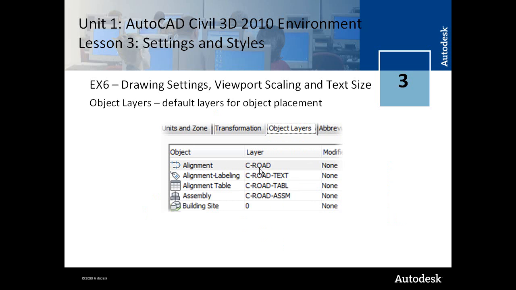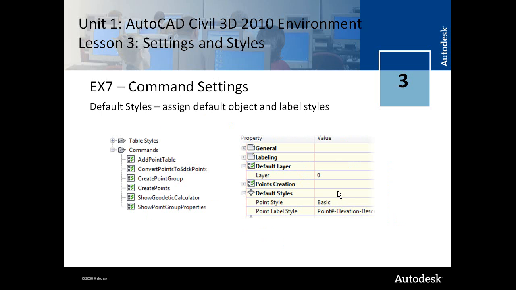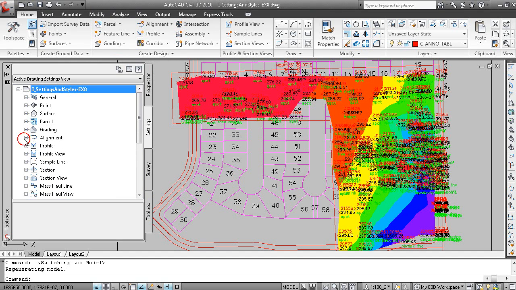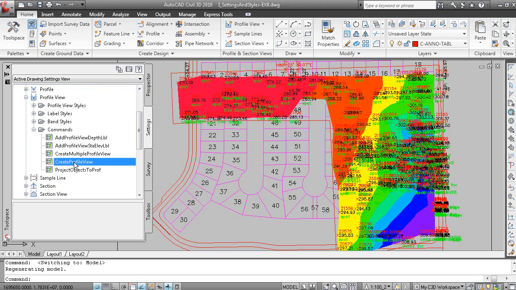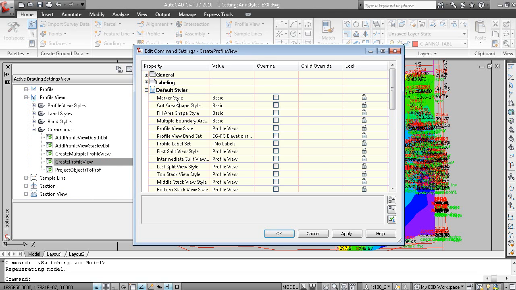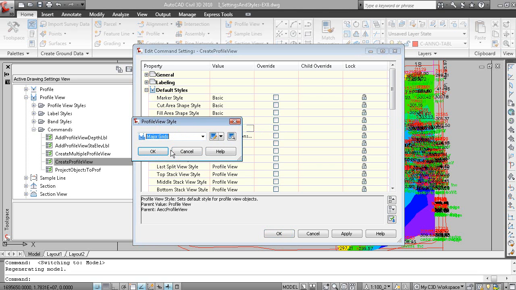In drawing settings, you can also specify object layers, so the layer the actual object is placed on. And then in exercise 7 we have command settings. Command settings are a really important part of standardization with Civil 3D. For instance, if I go to the profile view command and expand the commands tree, here's the create profile view command. I can right click and edit the command settings for that particular command, and in here you can assign a default style for the profile view. For example, if I change the default profile view style here to major grids,